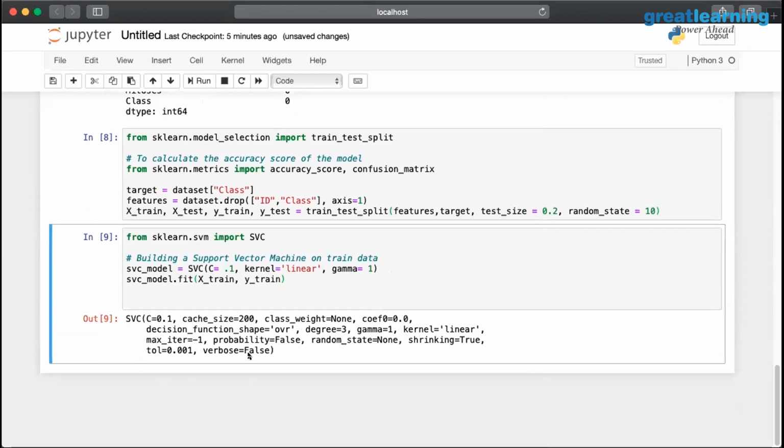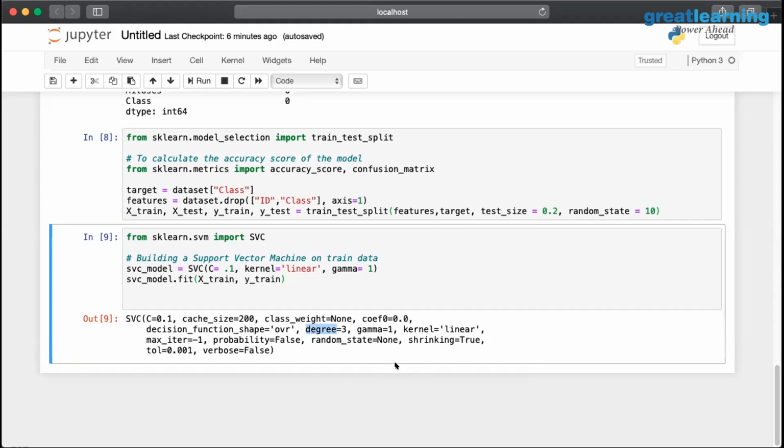So the attributes that we were discussing, the decision function shape, is one versus rest. If I'm applying a polynomial, by default, the polynomial degree is 3. And I think this question did come about. Just wanted to reinforce this point here. Is this point clear, sir? So the default is a third degree polynomial, and I'm getting the gamma as 1.